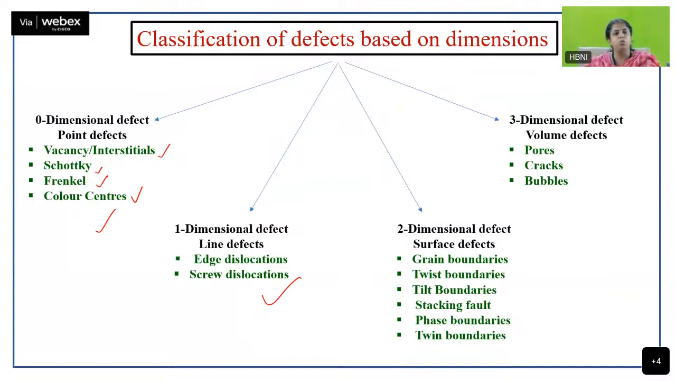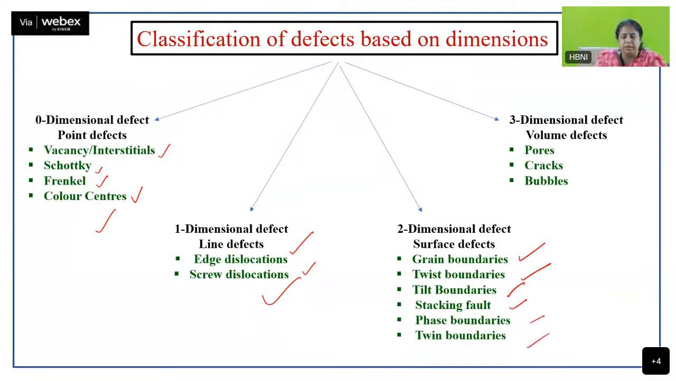1D defects are those which occupy at least a line, as the name suggests, a one-dimensional defect or a line defect. They can also be called a one-dimensional arrangement of point defects. So we have two types of line defects, edge dislocation and screw dislocation. Then we have 2D defects. 2D defects means the span is at least over a two-dimensional area and their thickness is, let's say, a few atomic diameters. So there you have grain boundary, twist boundary, we'll talk about them, tilt boundary, stacking fault,